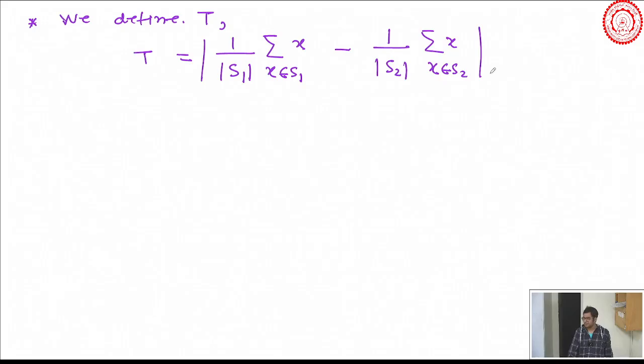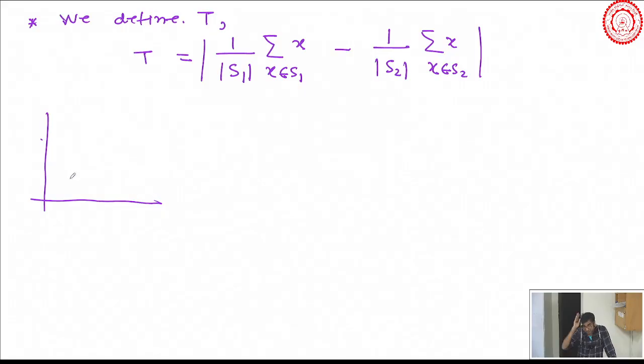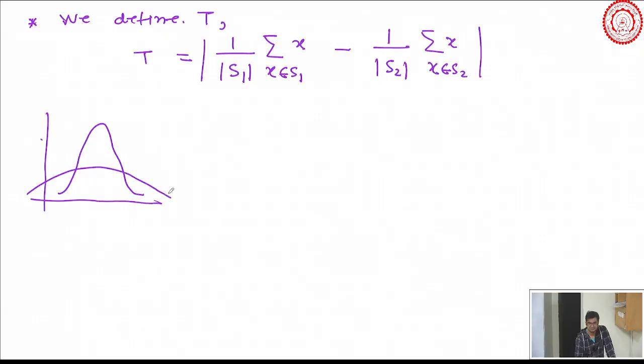But even in low dimension, let me give you examples where matching only the mean can be problematic. For example, if you are only matching the mean, and your distribution is Gaussian, you can always have a scenario where your original distribution is this and you are getting this. It is always possible, right? If you only match the mean.